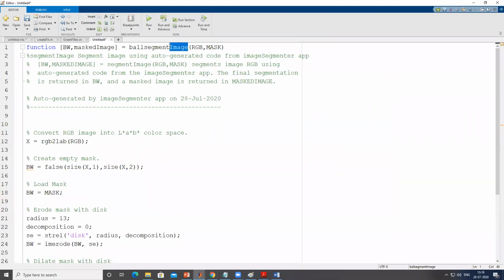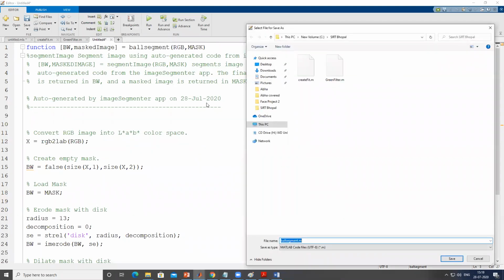So it will take two inputs, RGB, which is FRGB in our case, and the mask, which is capital BW. And again, it will give us two images. One is the masked image, okay, and the other one is the black and white. So let's first of all save it before using it.